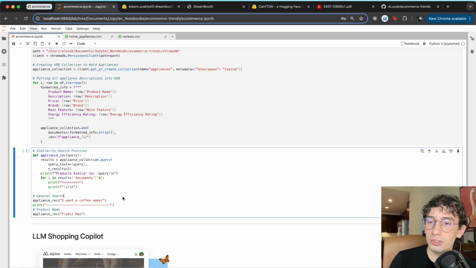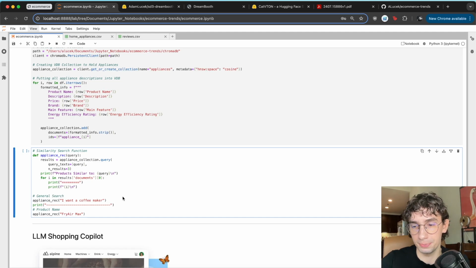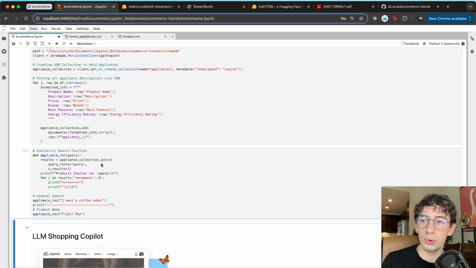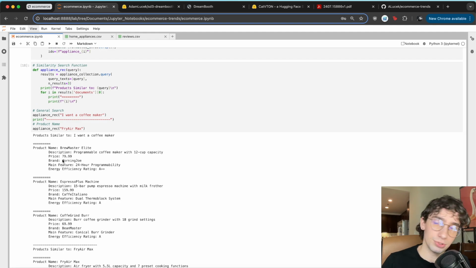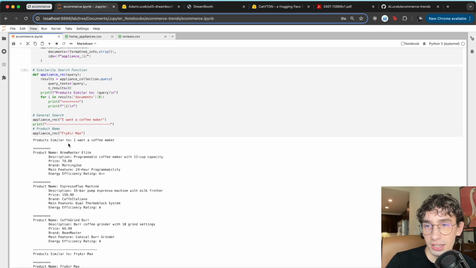And then the second one is going to be more of a recommendation based on an existing product, which is going to be the Fry Air Max. So I'm just going to search over the database with Fry Air Max and see what it returns. Running this real quick, after a second, it will respond back with the most similar entries in our database